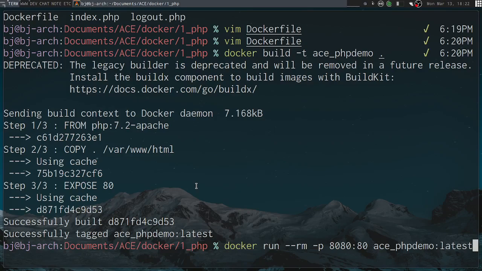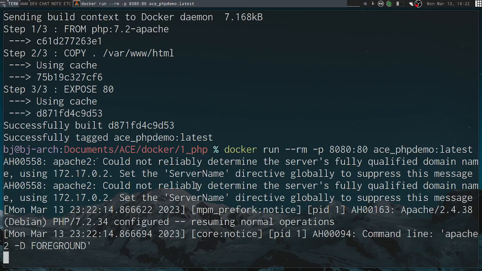Basically, it's going to take that snapshot, start up a process, and say, hey, here's your file system, go. And this is Apache running PHP.